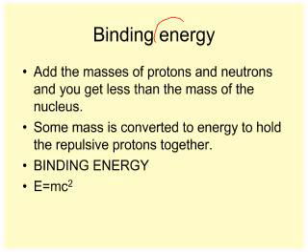The other thing, if we're trying to calculate how much energy there is, if you add the mass of protons and neutrons, you get less than the mass of the nucleus. If we're just looking at the nucleus, of course electrons have mass, but they're not really involved in this. Some mass is converted to energy to hold the repulsive protons together. I call the neutrons the glue that holds it together. The real glue that holds it together is also the binding energy. So some of this mass that used to exist is changed into energy to hold it together,